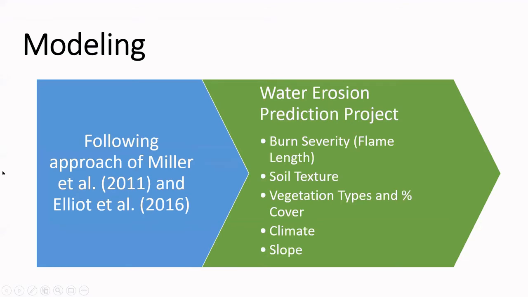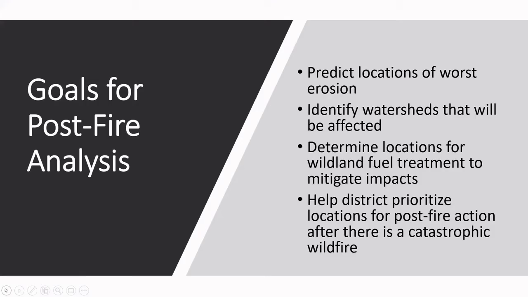So I will kick it back to Meg to talk a little bit about the modeling that actually goes into figuring out where erosion is going to be worse. Meg is just an incredible modeler, and she's done all of those analyses on that last slide. That's all her work, and she's incredible at it. So I'll let her describe it, and then we'll get into talking a little bit about how we incorporated it into the CWPP.